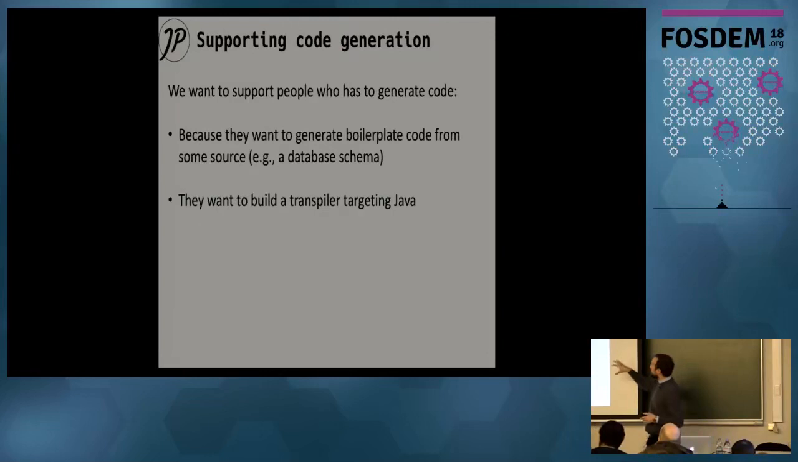Now let's look at some use cases. The first use case is supporting code generation. People may want to generate code because they have to write a lot of boilerplate code. Let's imagine you have to write one class for each of your database tables, something pretty boring. Or maybe you want to build some transpiler. For example, I build DSLs for a living, so I build these higher level languages and then translate them to Java. I could use the JavaParser to generate the